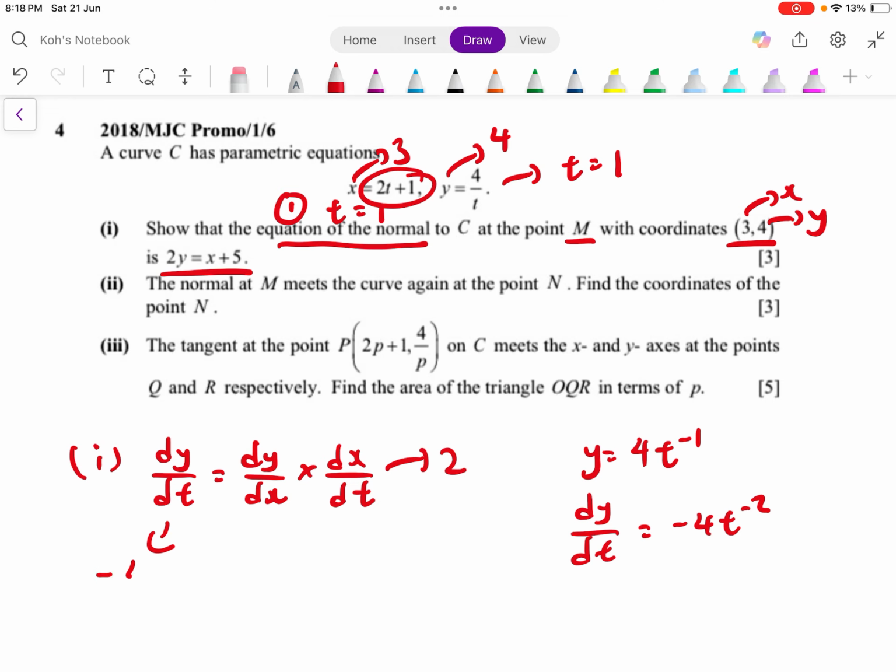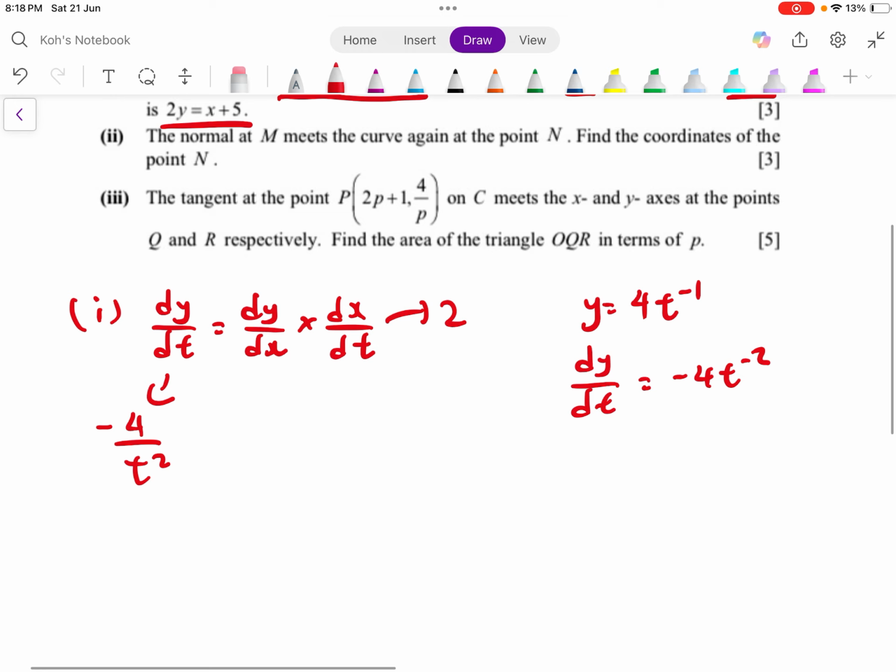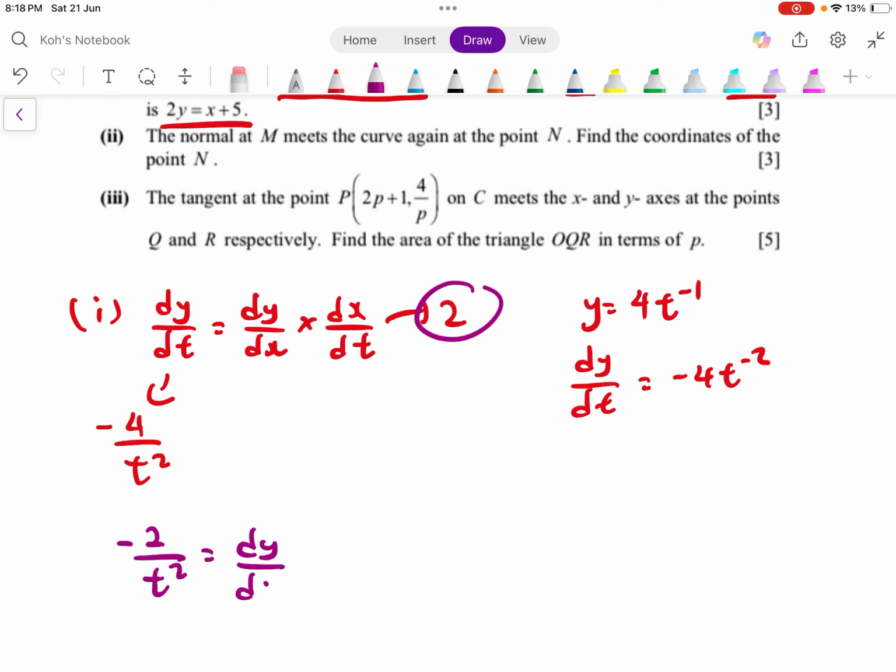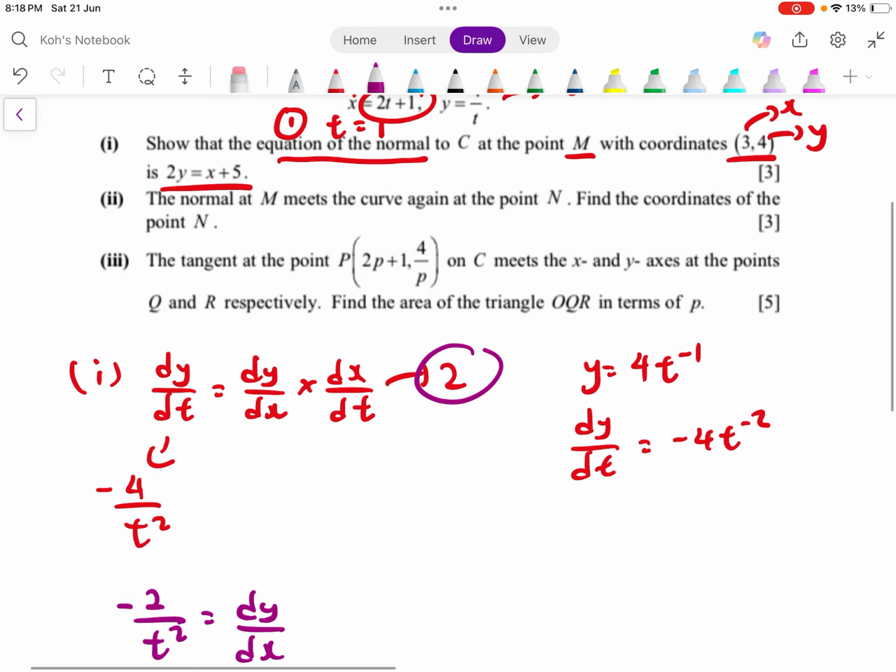So I can get my dy/dx straight away. I move the 2 to the left hand side, so I will get negative 2 over t squared as dy/dx,